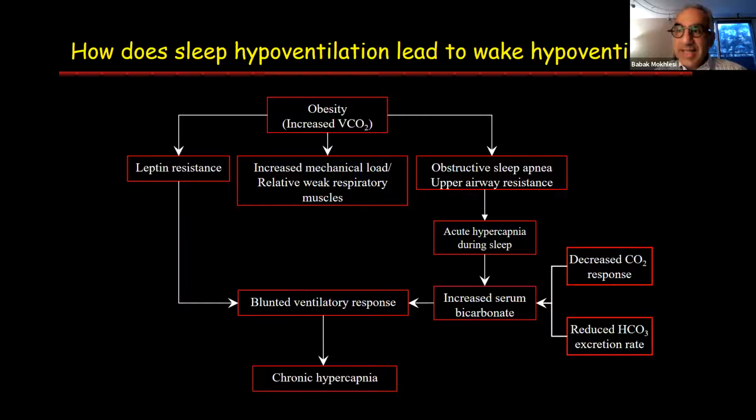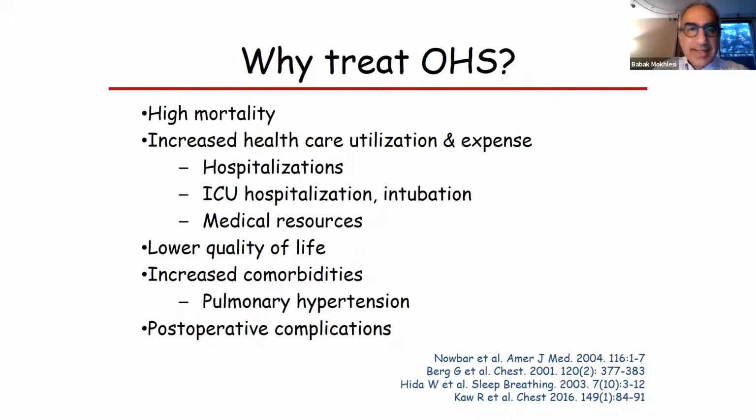And the hypothesis is that in that group, perhaps obstructive sleep apnea is not the main driver of the CO2 retention, and maybe in those individuals, it's just other issues that are contributing to it. So now at the end of the day, the question is, well, why should we treat it? Well, I think as the slide here summarizes, it's because they have a lot of morbidity and mortality, and I